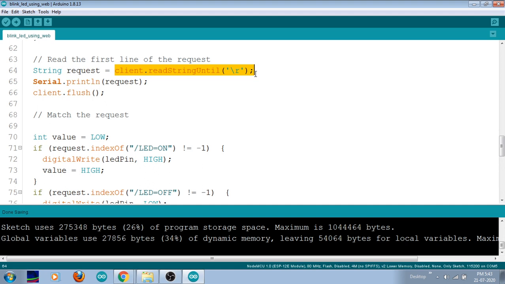Suppose the requested command is LED off, then I'm making this LED pin low and the status of the LED is set to low. So those are the two lines, and these two are very important lines. Suppose you do not get proper communication, that is, instead of LED on, you put something like small letter on, or 1 or 2, some invalid commands, then automatically this if condition will not be executed.